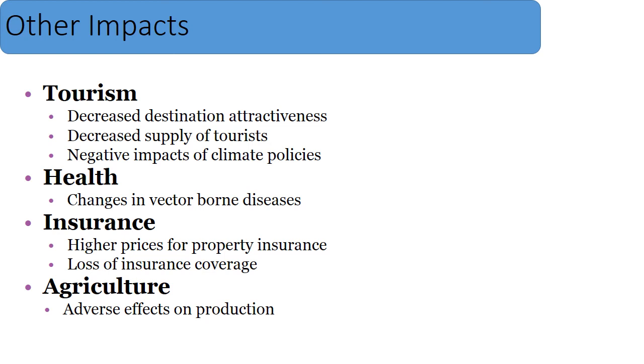That is our number one economic driver. All right, there are also expected to be negative impacts on health, most likely increases in vector-borne diseases. These are diseases that you may get from mosquitoes and other things. Insurance prices are likely to go up because places will now be more vulnerable to things like flooding and hurricanes. And in some places, it could even lead to a loss of insurance coverage, where places will no longer be able to obtain insurance. And there are also expected to be negative impacts on agriculture. All right, as it gets hotter and there's less precipitation, this is not very good for any agriculture.